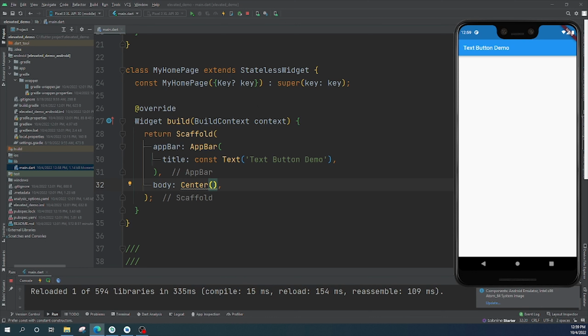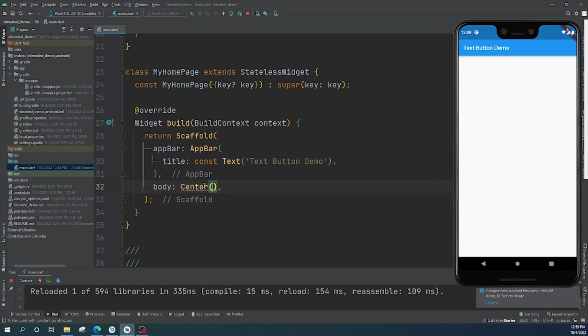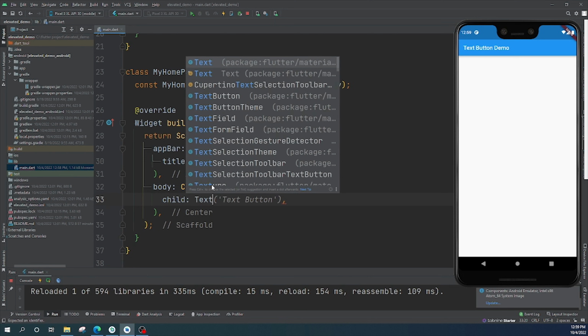Hello everyone, this is Mohammed and today we are working on a text button in Flutter. This is a default project I already created, and here I will set a text button in the center. In the child of the center I will set a text button,